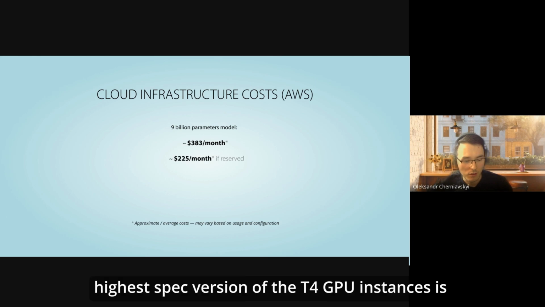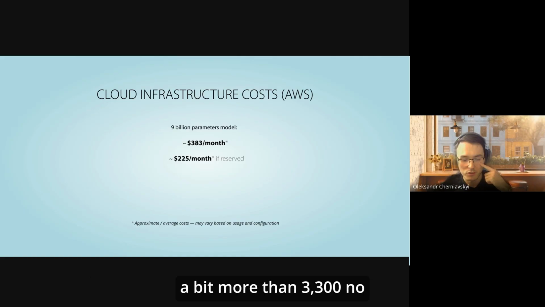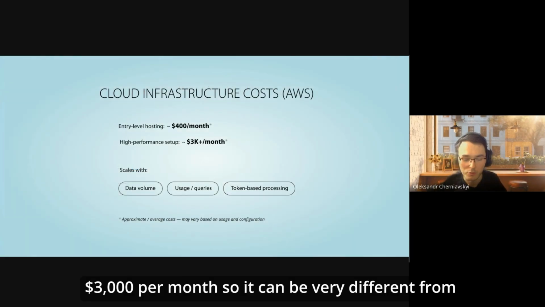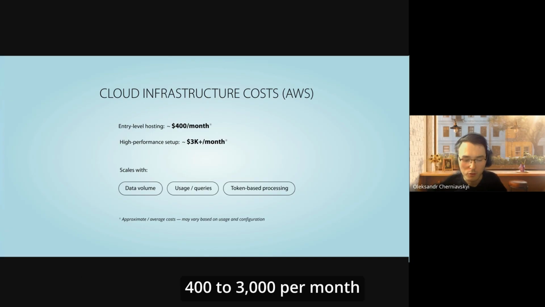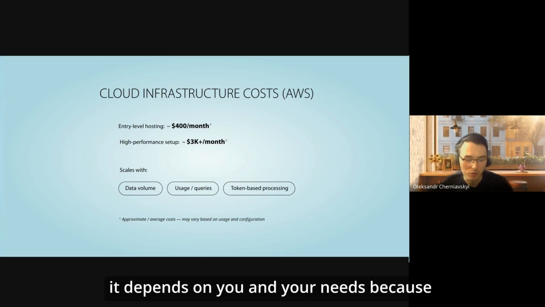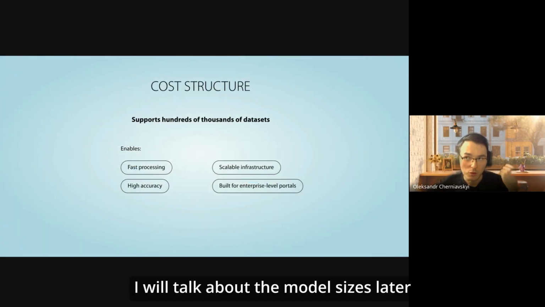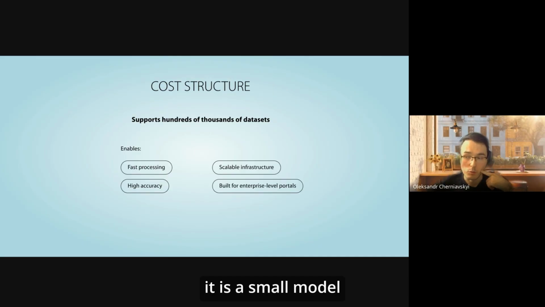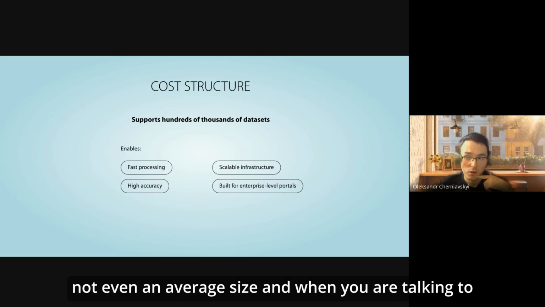But the highest spec version of the T4 GPU instances is a bit more than $3,000 per month. So it can be very different, from $400 to $3,000 per month. It depends on you and your needs, because I will talk about the model sizes later. The one we are using for this demo is 9 billion parameters. It is a small model, not even average size.